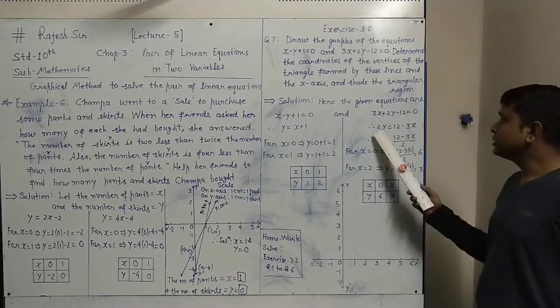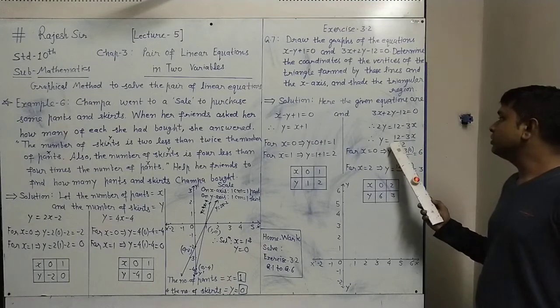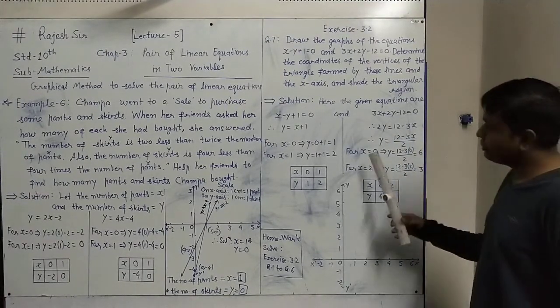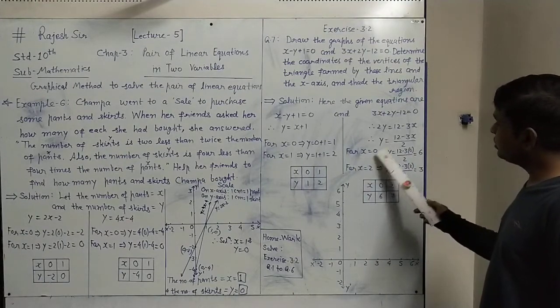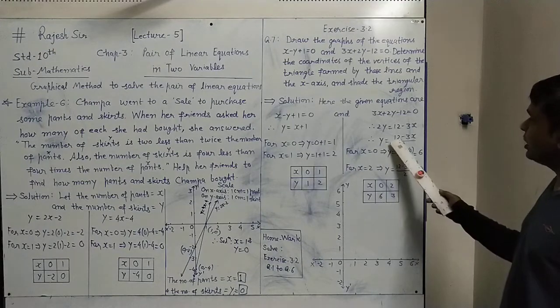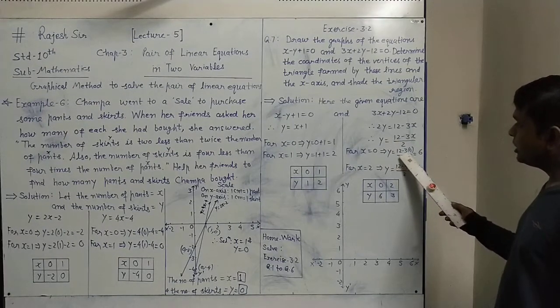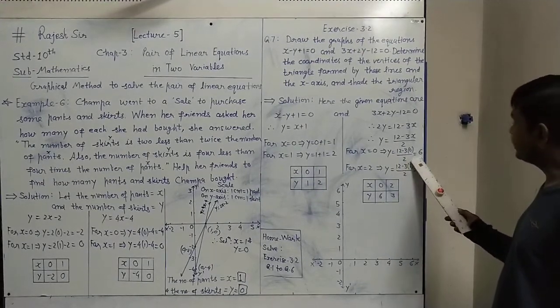Therefore y equals, this two multiplied part will go down to this whole part, that will be (12 minus 3x) upon 2. Now here also for two different values of x we will find the values of y. If I take x equal to 0 in this, y equals (12 minus 3 into 0) upon 2. 3 into 0 is 0. 12 minus 0 is 12. 12 upon 2 will give 6.